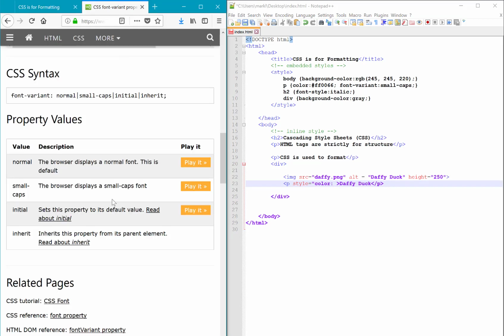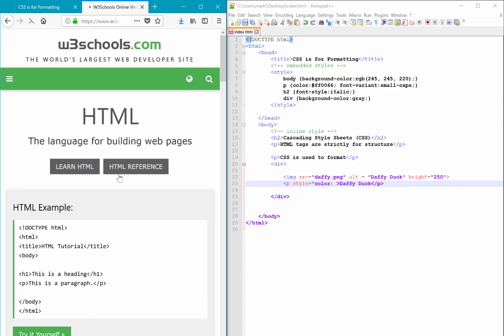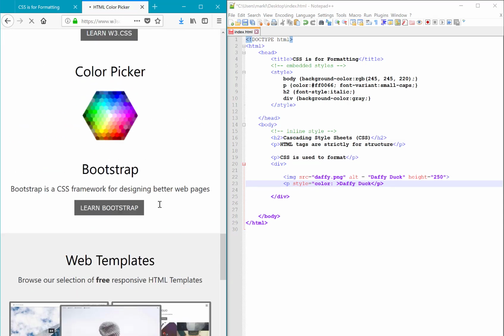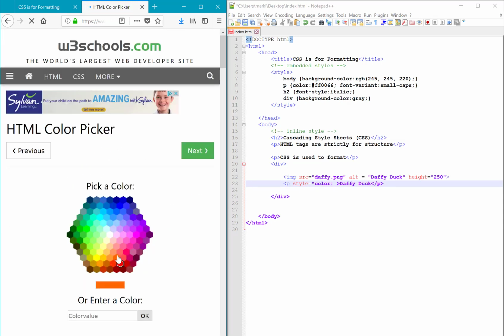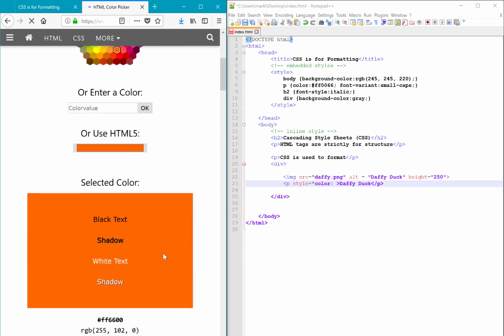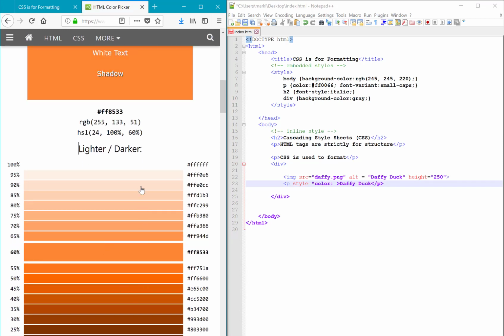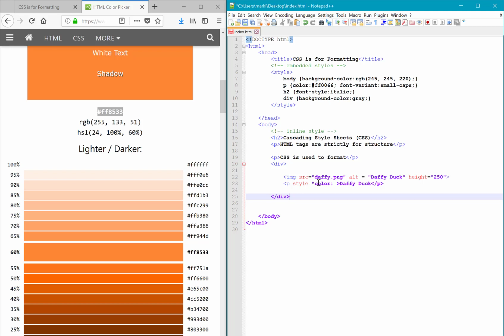let's see if we can pick some kind of, where's our color picker again? So I'm going to go back to the home, and I'm going to scroll down to that color picker, and I want to pick some kind of an orange. Let's see what I can get for orange. Maybe this color would be a little better. Okay, let's choose that color. So again, the hex value, I'm going to choose that. So we're going to do color. I'll put in the hex value